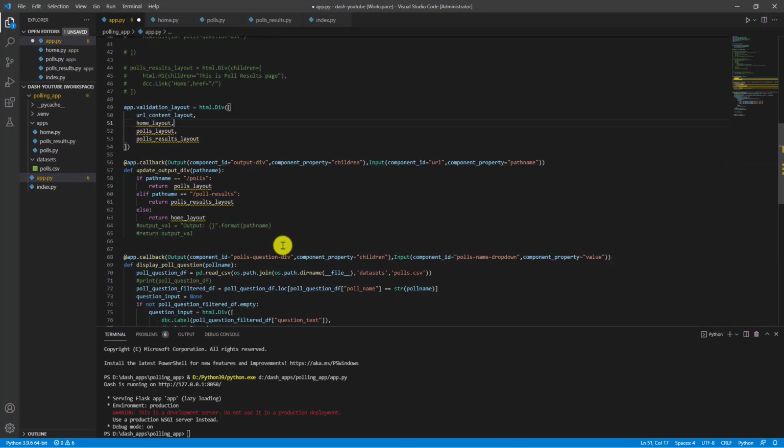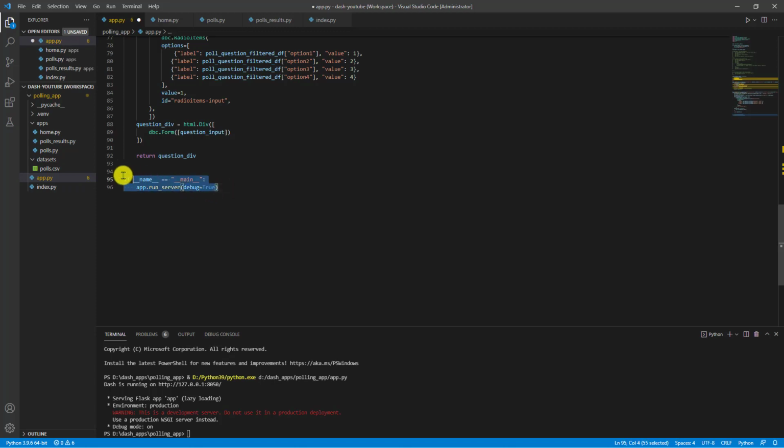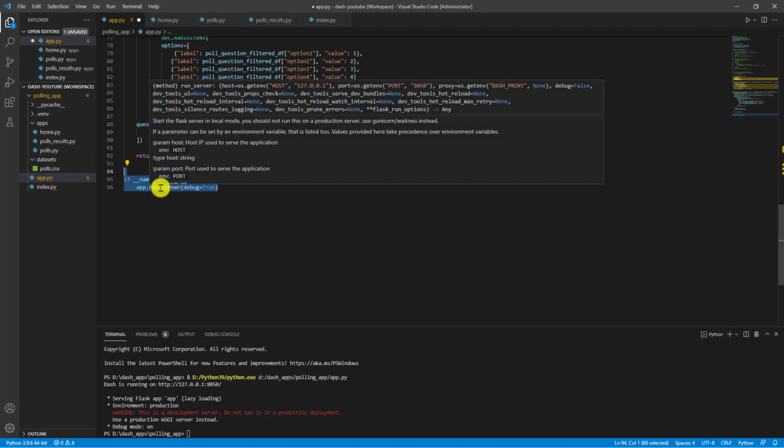Now callback. Now this guy, as I said, index.py will be our entry point, right? So that means it will definitely have the run server, because currently we have only a single file called app.py and that is holding this app.run_server. But when we move this code to a separate Python file index.py, that will become the entry point. So wherever I have this app.run_server, that will become my entry point of the app.